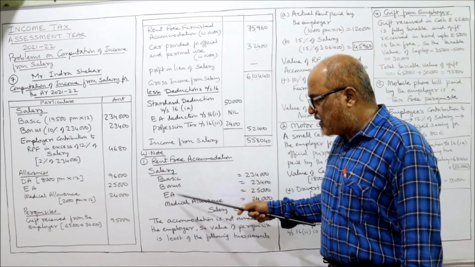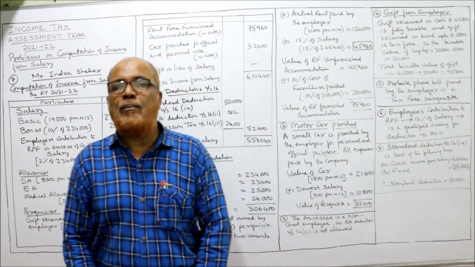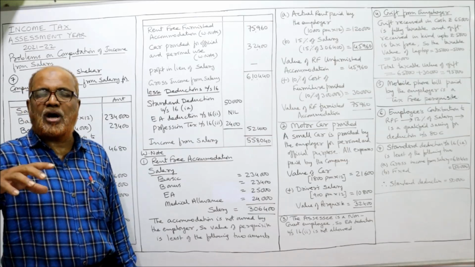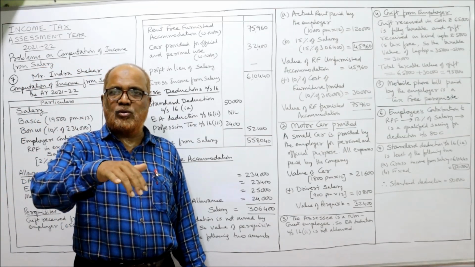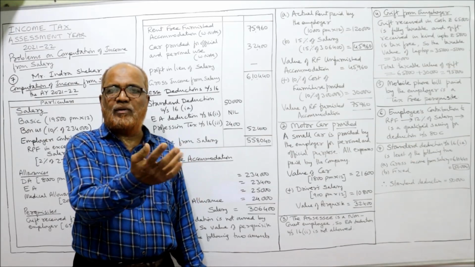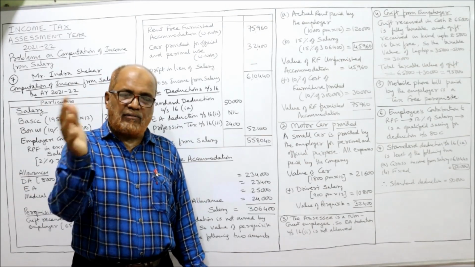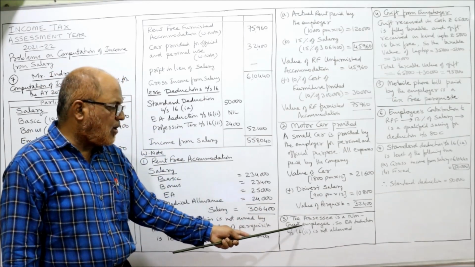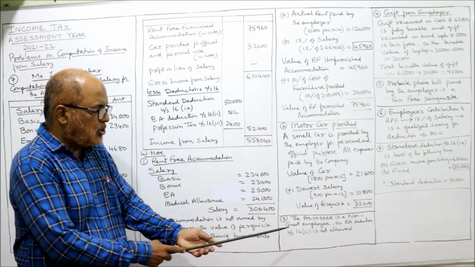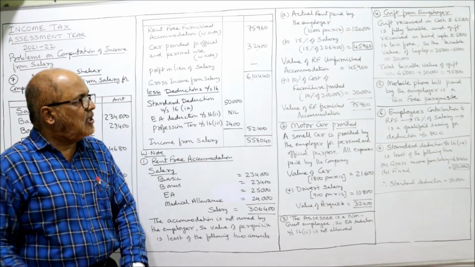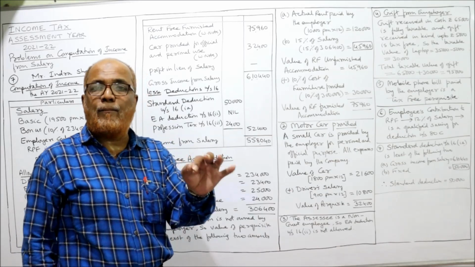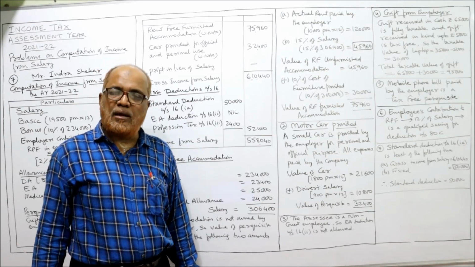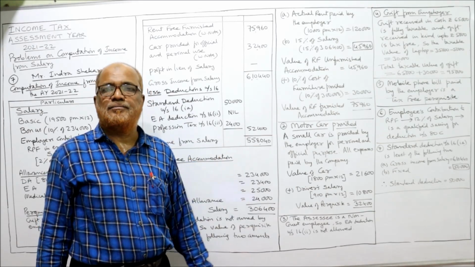Now in the working notes, the first working note I have explained about the rent-free accommodation, value of rent-free. Second working note, motor car, just now I told you. It's a small car provided by the employer for both official and personal use. All expenses are paid by the employer. So value of the perquisite is 1,800 per month. Driver is also provided. Chauffeur is also provided. 900 per month added. Then the assessee is a non-government employee, so EA reduction under section 16(2) is not allowed. In the examination, you must write all these working notes compulsorily. You can write only if you remember the provisions, and you can remember the provisions only by practicing.